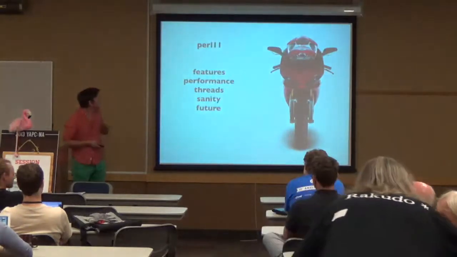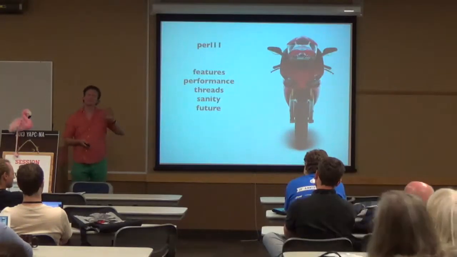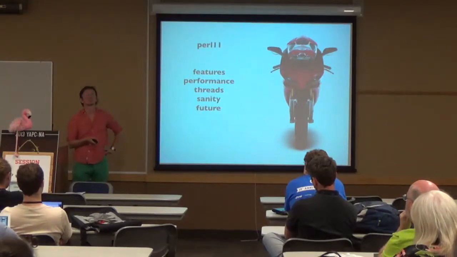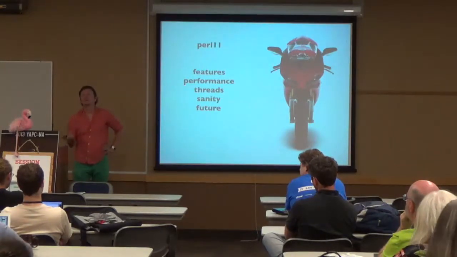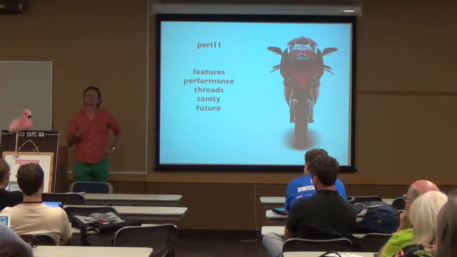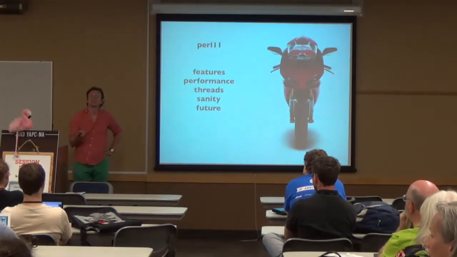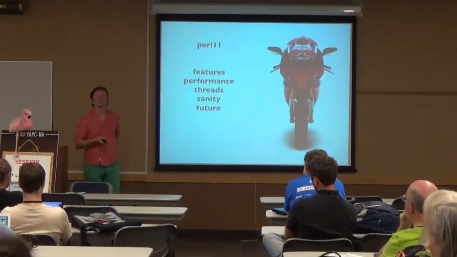Performance. I work at cPanel. We are not so happy with Perl 5 performance, even if it's much faster than Perl 6 and most of the other stuff, or Python or Ruby. But so we compile it. We mainly compile it so it's a little bit faster. Startup time is about 10 times faster. Destroy time is 10 times faster.